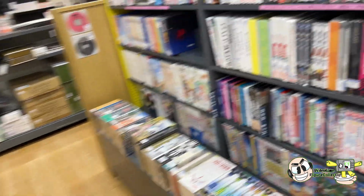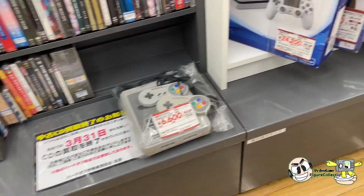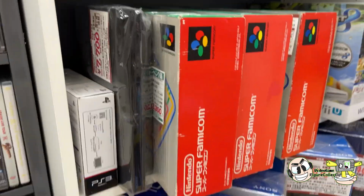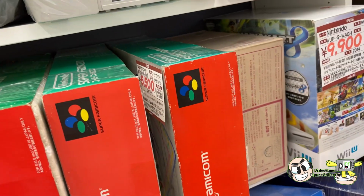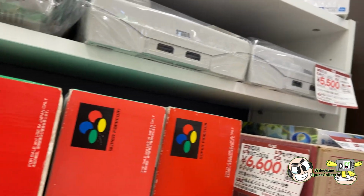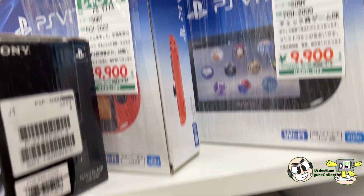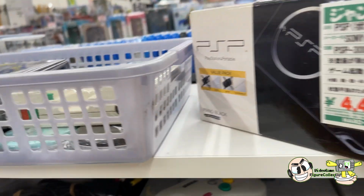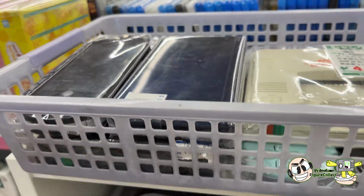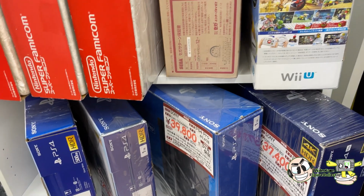So all of these controllers are going for 2,000 yen. So that's around 20 bucks. See, even the loose Super Famicom is priced at 6,600 yen. So they have gone up. But the Wii, is that a Wii? That's a fair price for a Wii U, 8,800. So that's around 80. I don't really know how to properly convert it nowadays, since the Japanese yen is so